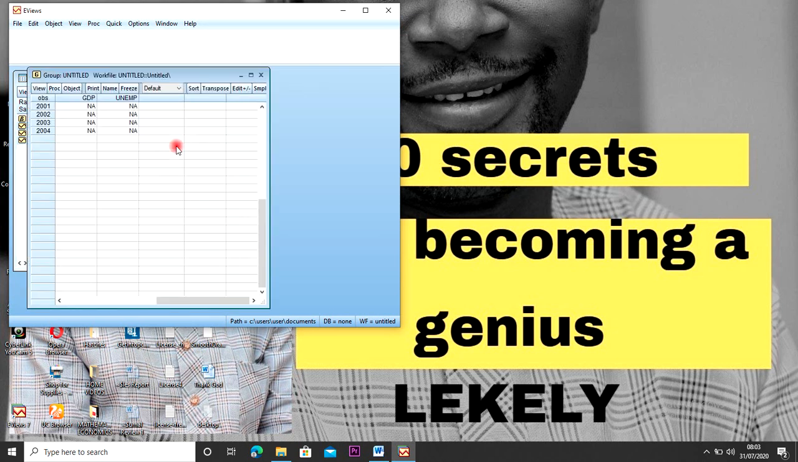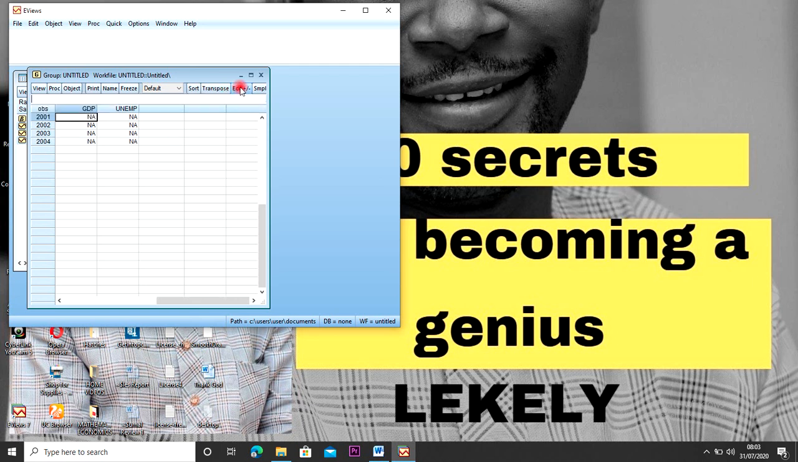You shall see that it has come out, and it came out for 4 years, 2001 to 2004, because that is the number of years I put at the beginning. So by the time you click on edit, let's put the figures of the GDP. Let's just use any random figure: 24, 26, 21,